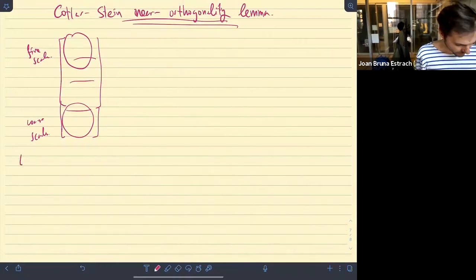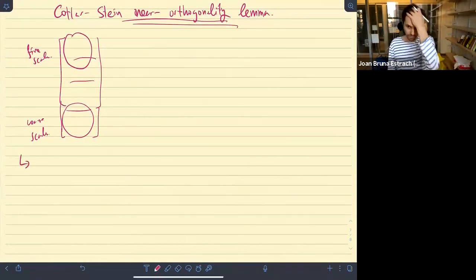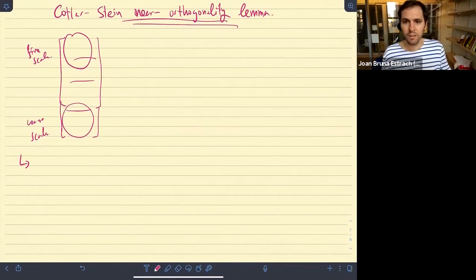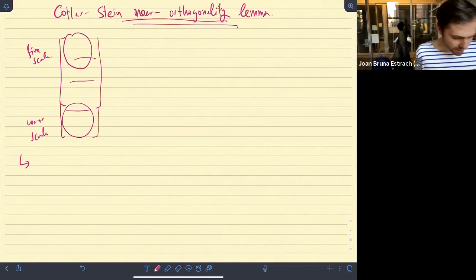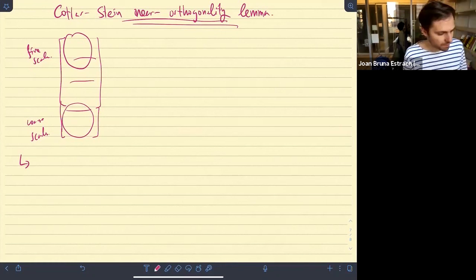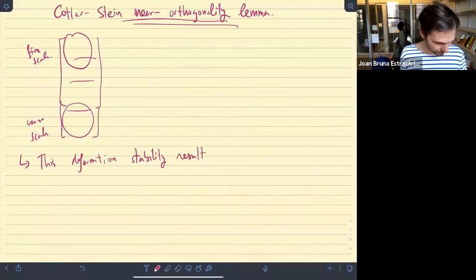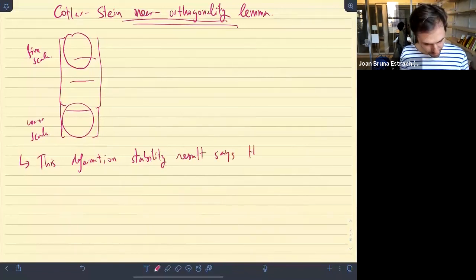Okay, so let me just move on. Any questions about this result? No. Okay, good. All right. So how can we read out or interpret this result? It says that this deformation stability result says that